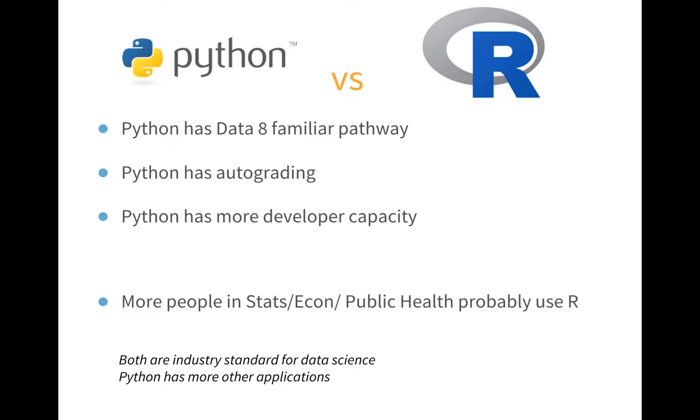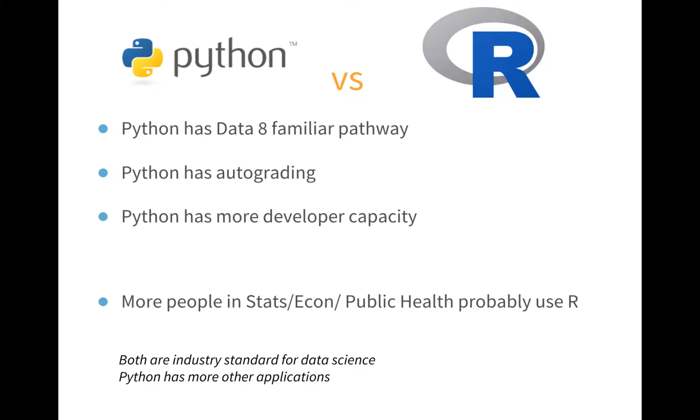So some of this we touched on, Python versus R. A lot of the people in the university are learning R, using R for research. A lot of people are using Python, but less so for statistics. The reason we're promoting Python is a great linkage to Data 8. It's more familiar. Python also has better auto grading, and the people in the 1,500 person class really like auto grading.